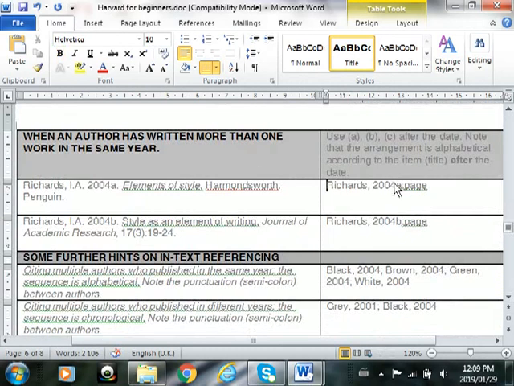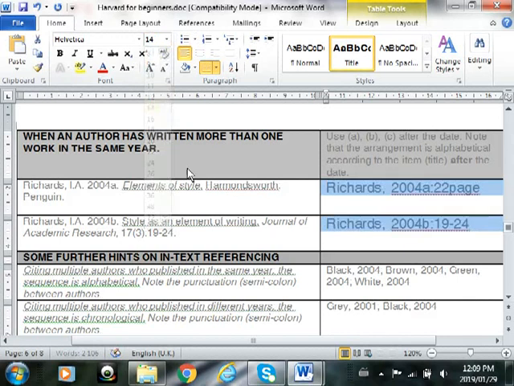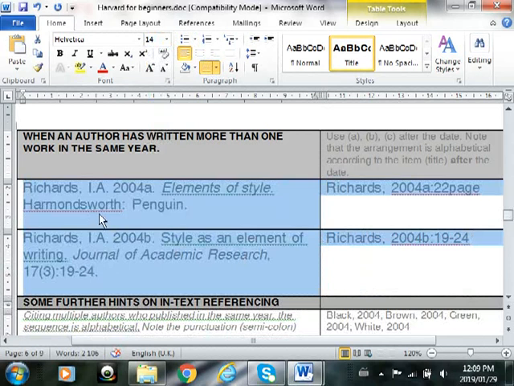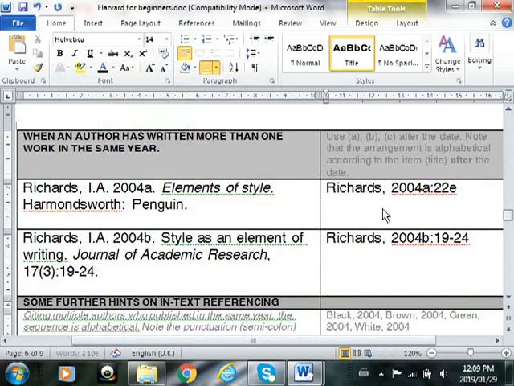Now, if you in-text reference this Richards guy, let's just give him a page number. Let's just make this 22, and let's just make this page 19 to 24, right? And let's make this 14. Let's also make this 14, and let's make it a darker color so you can see. Right. So if you in-text referenced, say both of them at the end of the sentence, this would go in brackets and that wouldn't go in brackets. So Richards,